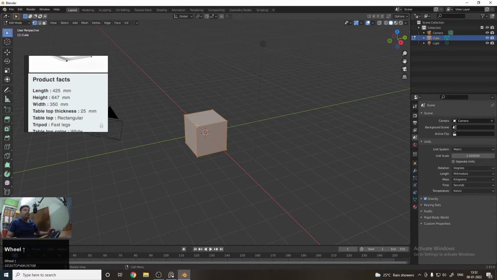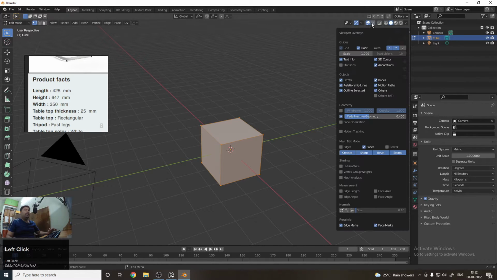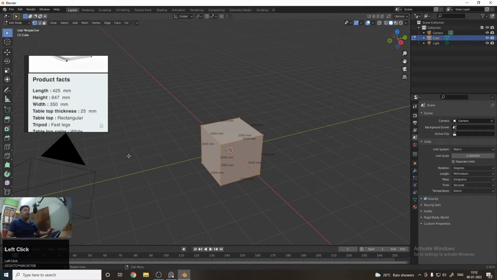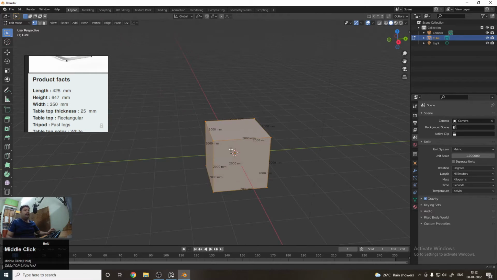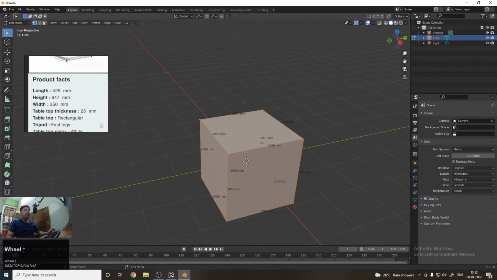So I am pressing tab right now, which means you are now in edit mode. Just click on this icon, then click here. You can see that there is a measurement option, and there are different kinds of measurement options, but the most widely used one is the edge length. Just click on it. So now we are able to see the dimensions of this box.